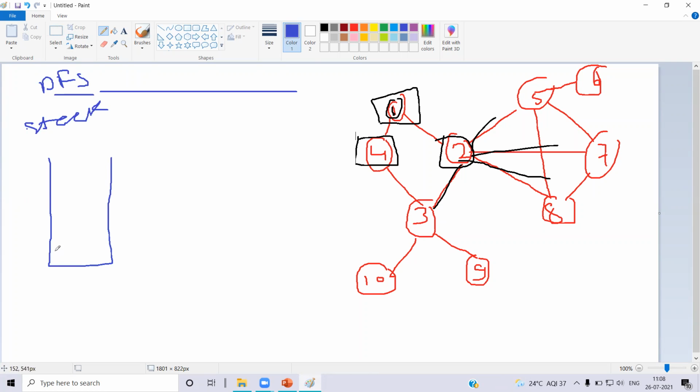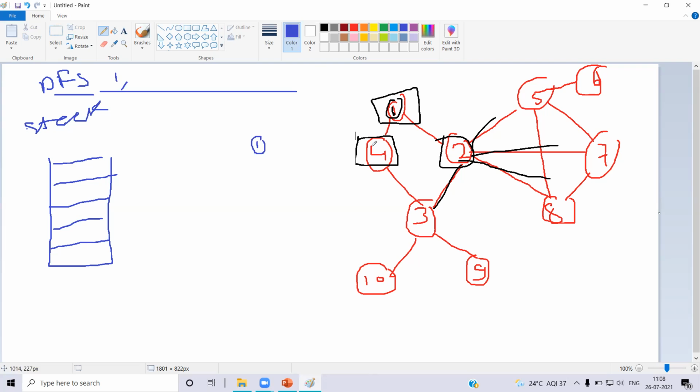So what is the purpose of the stack? We'll have a look over here. Say this is a stack. And we'll have the tree implementation, that is a minimum spanning tree, once we apply DFS to it. So here, say I'll start with node 1. In the result, I have node 1.